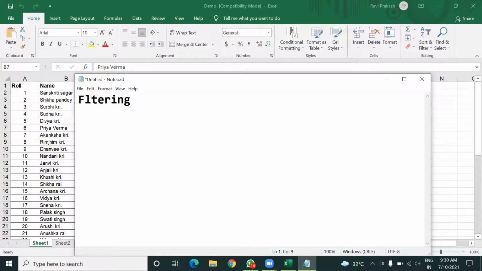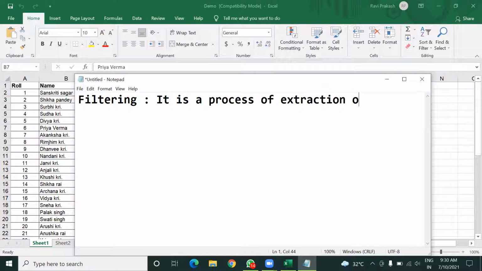Okay, so you can define filtering as a process of extraction of data according to certain criteria, or condition, whatever you say.